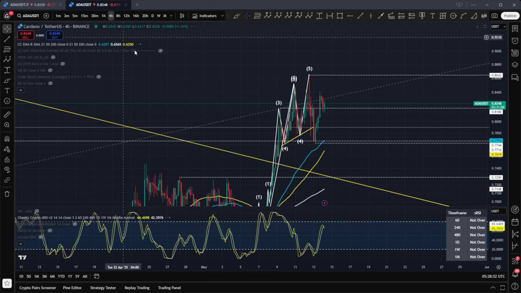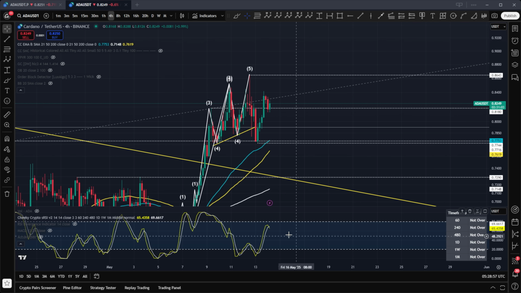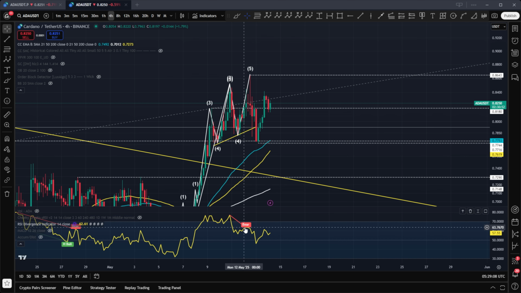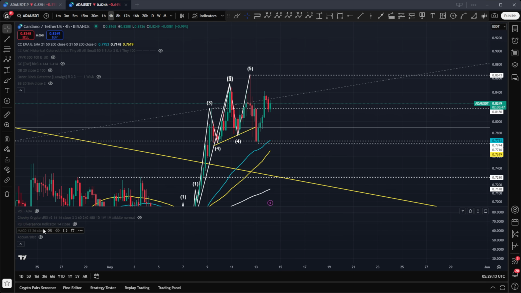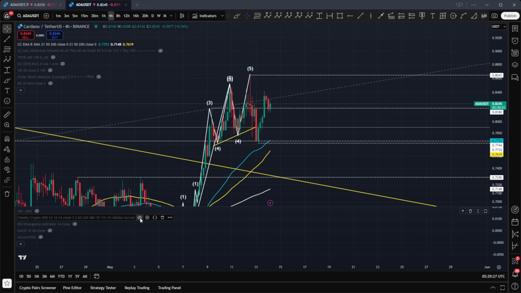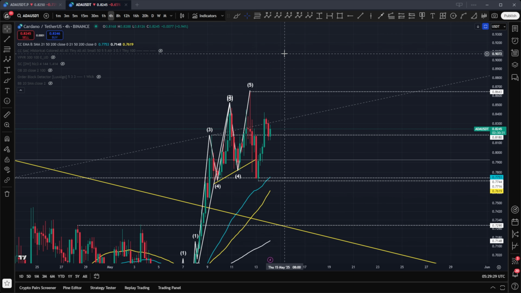If we roll this to a 4 hour time frame, you can see that we've still got plenty of upward momentum available to us on the stochastic RSI. A little bit of a negative cross at the minute, but it still looks like it's got plenty of momentum for growth, so we're not going to be too concerned there. On the RSI, again above 50, there was some bearish divergence as we hit that higher point, but now things are starting to look okay. The MACD histogram is also showing us some very interesting things going on here. Nothing to note from a divergence perspective, but this could turn positive pretty quickly. So ADA's looking good. I'm not concerned over the things I'm seeing here on the 4 hour time frame either.